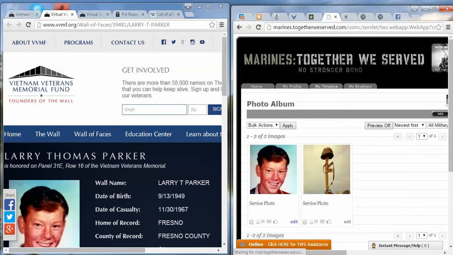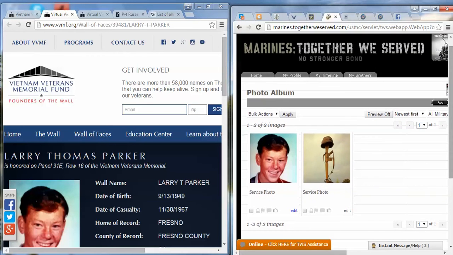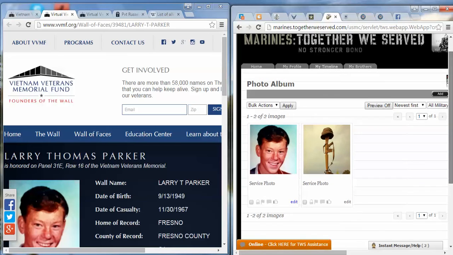That way, if anybody comes back and says, you have the wrong photo listed for this person, you can cite your source and go back to the source and tell them family says that this is the wrong photo. And hopefully they'll send you the correct photo and we can get that added.